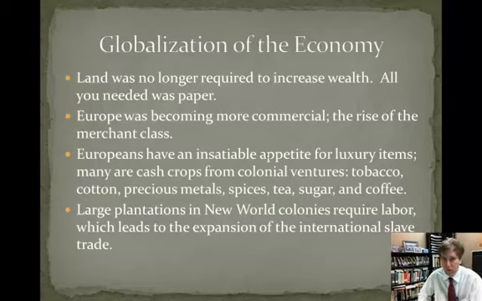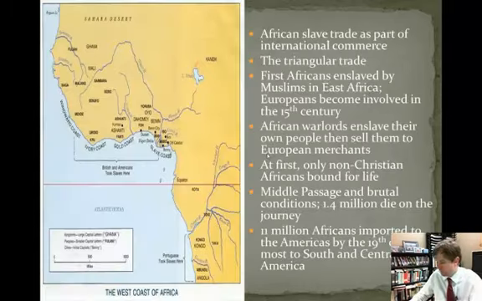So this globalization of the economy and acquiring colonies is going to have a tremendous impact on labor, what type of classes we have in Europe, the things that Europeans have, and this is an important trend here in the 18th century, and the future United States is going to be part of this. Now, the African slave trade was also part of international commerce. It was part of what's called the triangular trade, where you had slaves coming out of Africa as labor, and then they would produce cash crops, and then those cash crops would be sent to Europe, and then Europe would